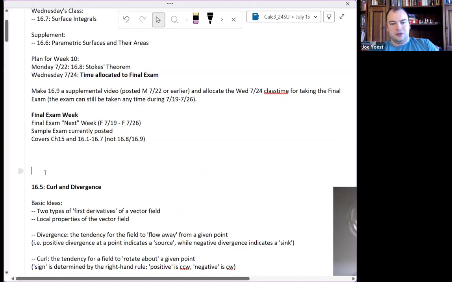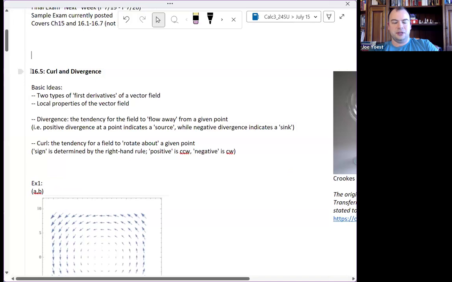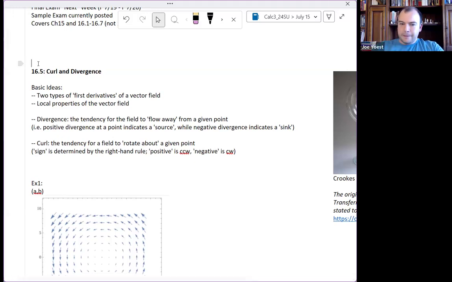Okay, we are now going into the material for 16.5 curl and divergence. So we're going to start a little bit differently than how the book approaches it. We're going to start in the two-dimensional case, and then we're going to move to the three-dimensional case. And we'll see that there's a little bit of a shortcoming in part of the two-dimensional case that we're going to discuss, but I think this is the more natural way to